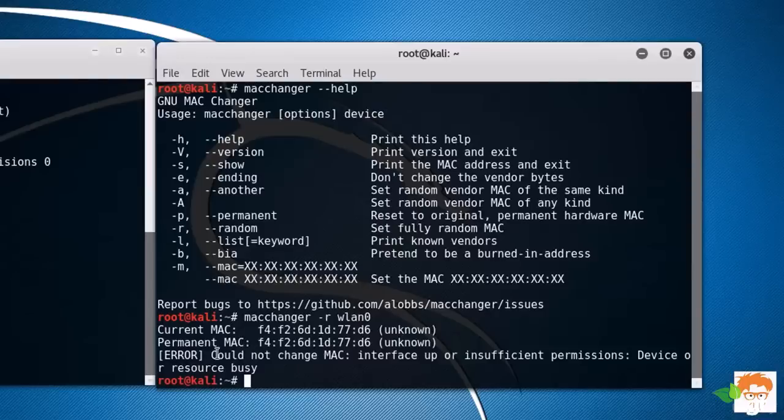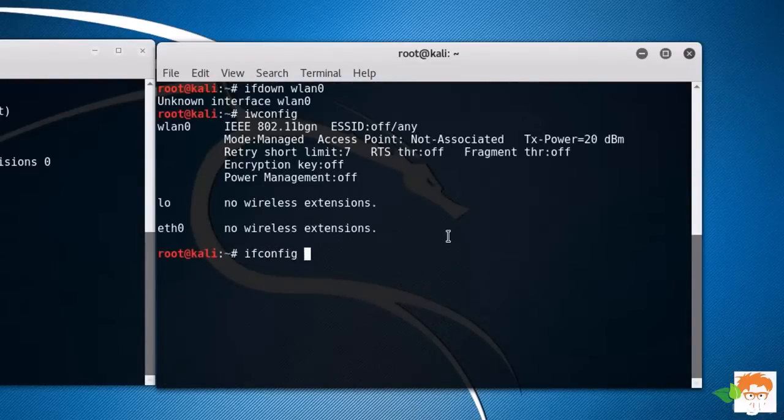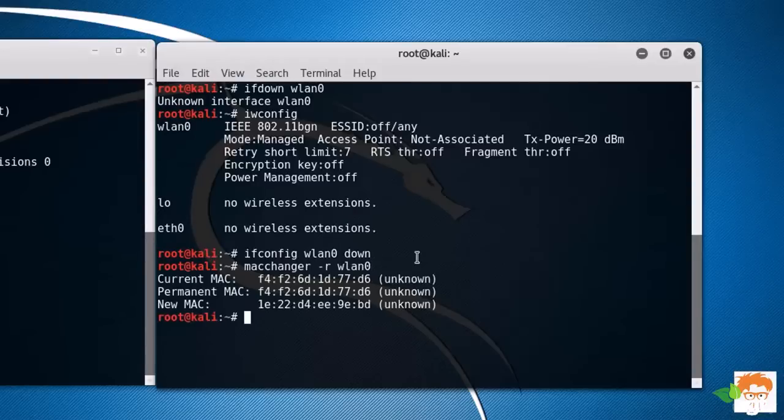Okay guys, so now it is saying could not change the MAC address, interface up or insufficient permission. So let me down this interface first. ifconfig wlan0 down, and now the wlan0 interface is down. Now let's try to change the MAC address again with this command. Hit enter, and you can see guys, our MAC address has been changed, and the permanent MAC address was this,